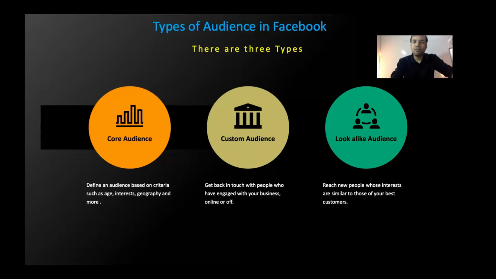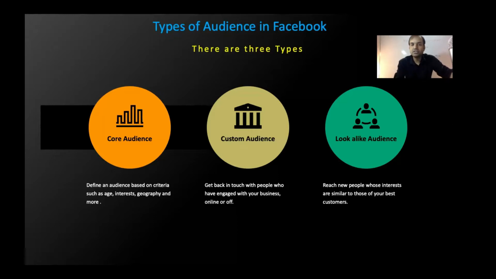So the core audience is where you are simply targeting based on your age, gender, interest, behavior, geography, or they are following that particular brand, right? So it's interest, demography, behavior. I will show you after this slide from where you can select that. This is very important, so have great focus on that. Now, this is the core audience, or you can also save this audience, so you can see saved audiences when you go inside the audience tool.